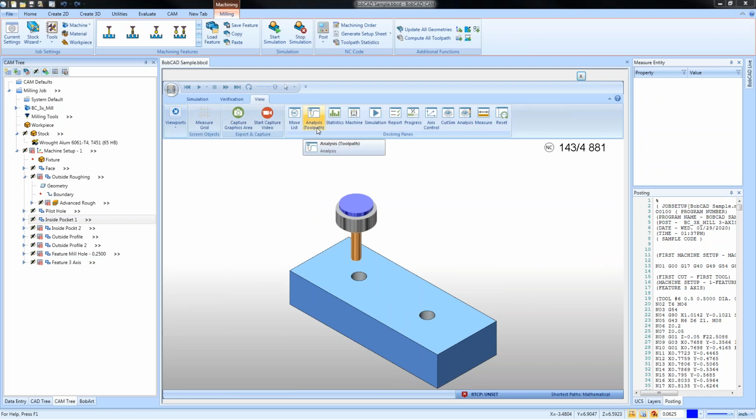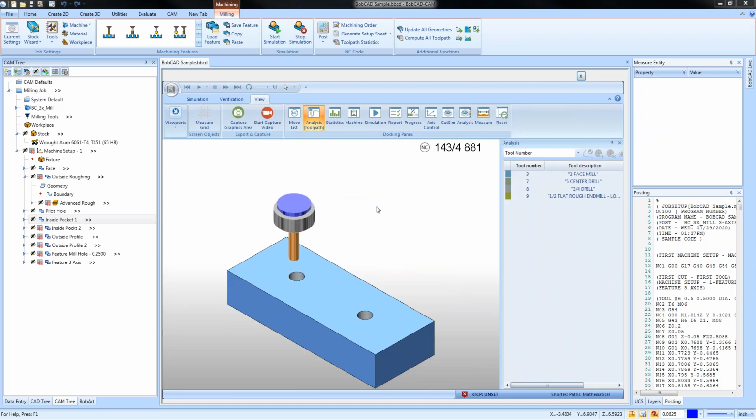The other one you have here is analysis, the toolpath. This is the way your toolpath is rendered. There are a bunch of different tools that you can use. Something like sequence will show warmer colors at the start and cooler colors at the end. This is great for